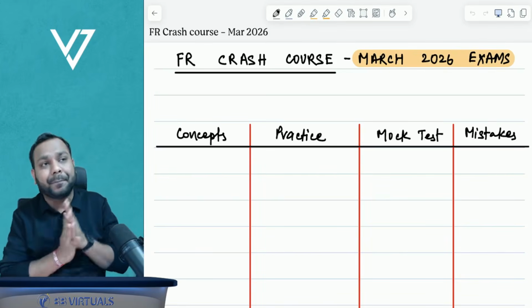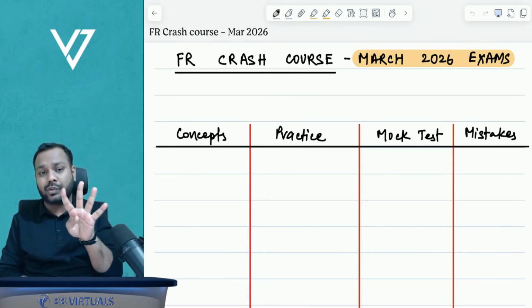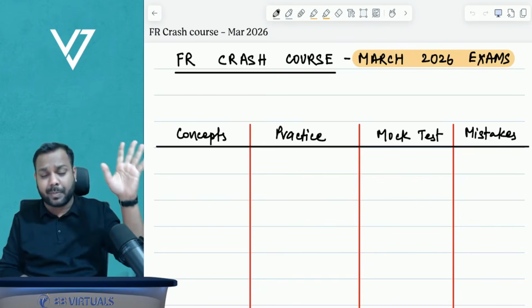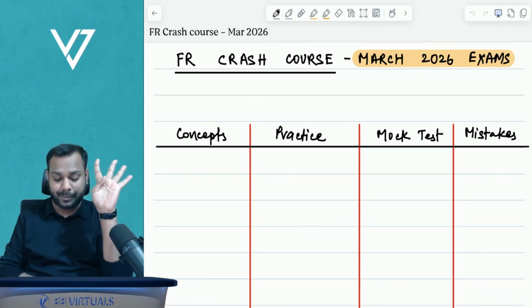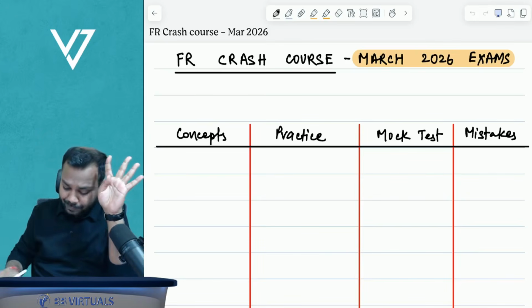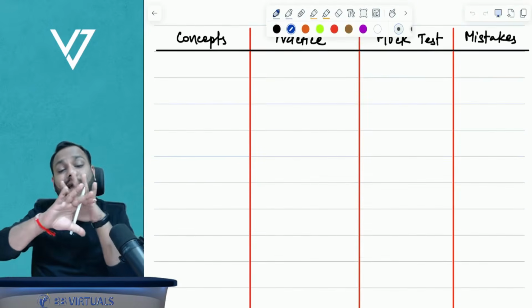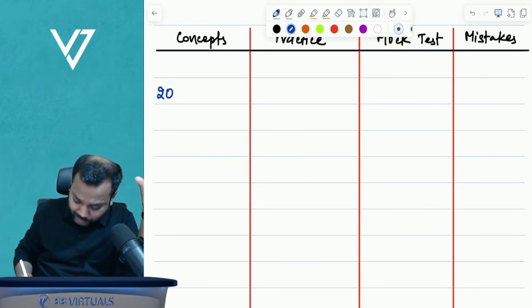Guys, please understand. In my opinion, there are four pillars of scoring good marks in any exam, be it FR, SBR, or any paper. The first pillar is the concept. So what I will be doing in this crash course is helping you revise the entire ACCA FR syllabus. So 20 hours